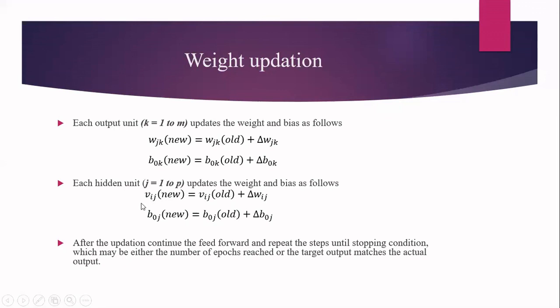Similarly, you have to update the weight as well as the bias in the hidden unit also. Totally, we have P hidden units. So we are writing that j is equal to 1 to P. In all these units, the weight will be updated by vij(new) is equal to vij(old) plus delta vij. Oh, sorry guys, it is not delta wij, it is delta vij. Okay, and then you have to compute the bias. That's nothing but voj(new) is equal to voj(old) plus delta voj. Okay, so now we have finally computed the weight values.